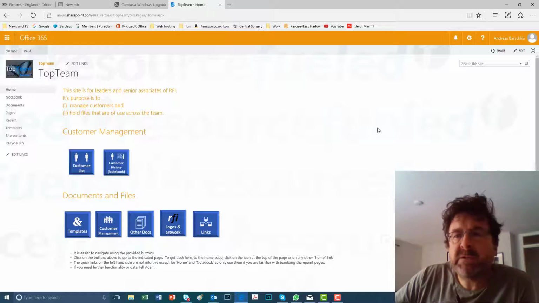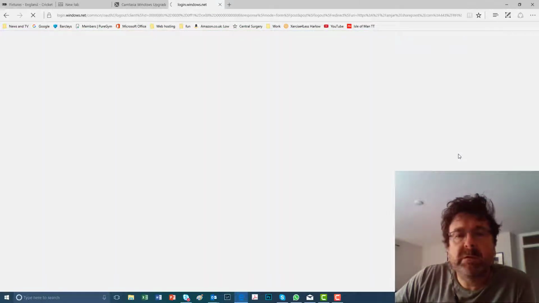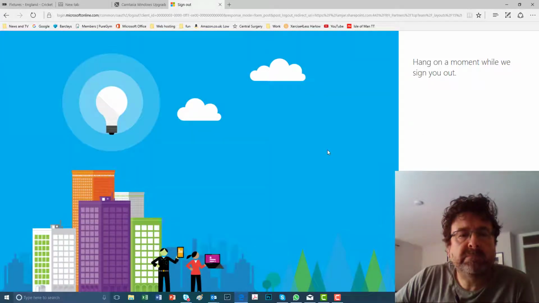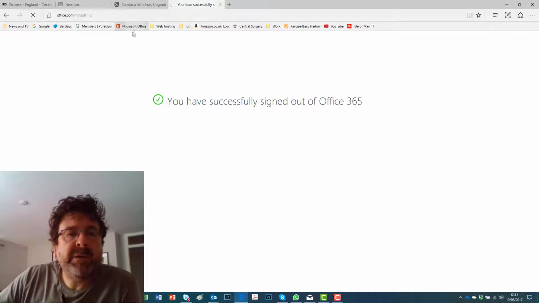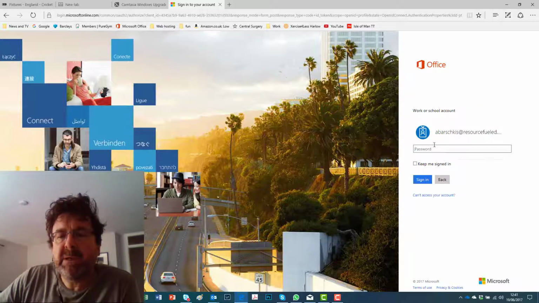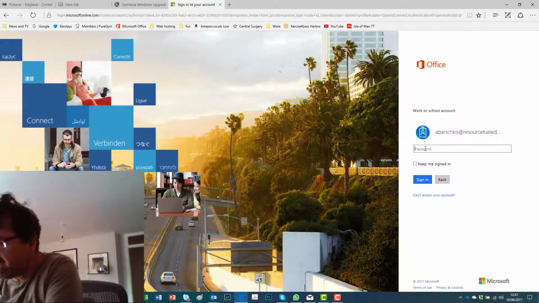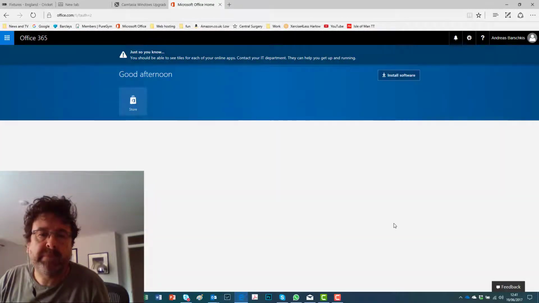What I should show you though is how to log in and out of SharePoint. In fact, at the moment I've logged in as Andreas, so I'll sign out. Okay, so when you first go into Microsoft Office, which is here, because I've already signed in as Andreas before, he's available for me here. So if I type his password, that gets me into